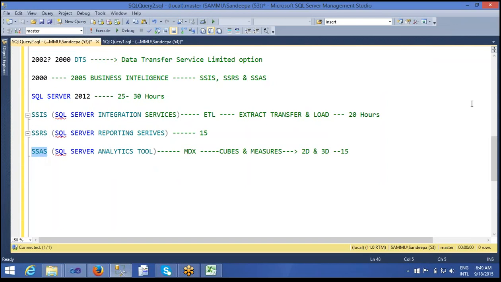Before going to the presentation, any concerns about this? Any doubts, any clarification required, guys? Rachana, do you have any doubt?